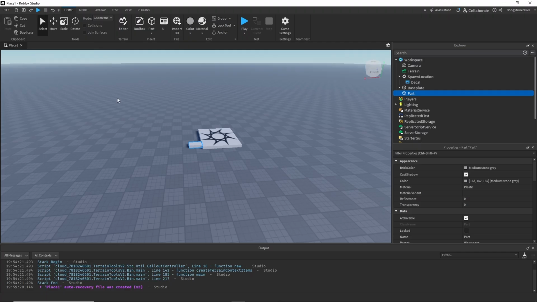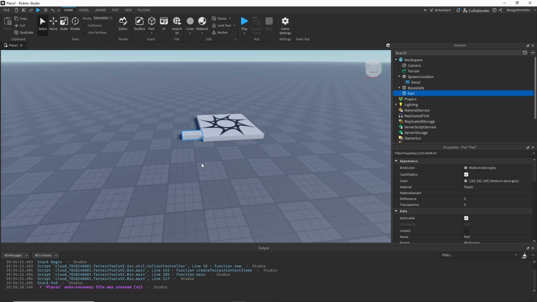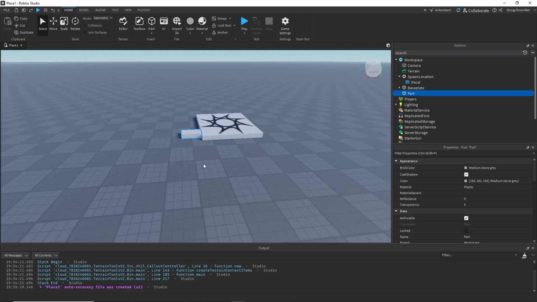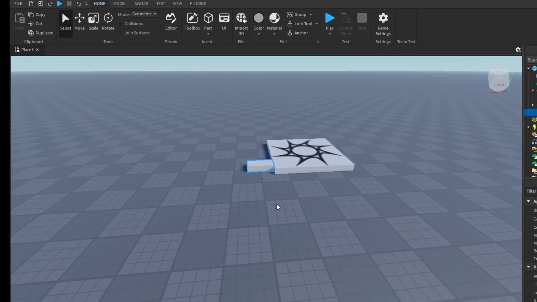So I have that selected right now. You can see it's already selected in blue here. I'm just going to zoom in a bit so we can get a closer view of that. I'm going to click on 2 to move over to move. So now that we have the part selected and we have the move tool selected, you'll notice